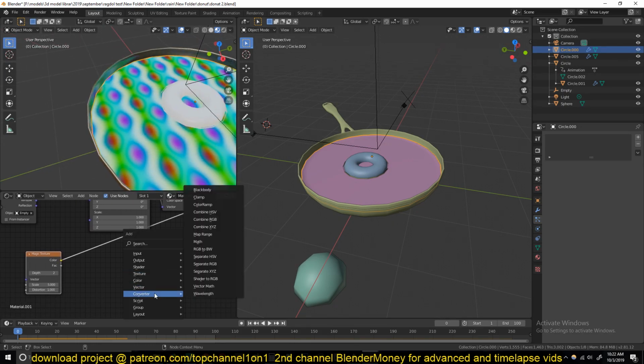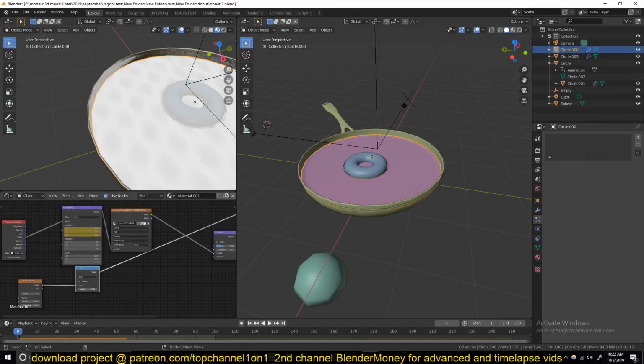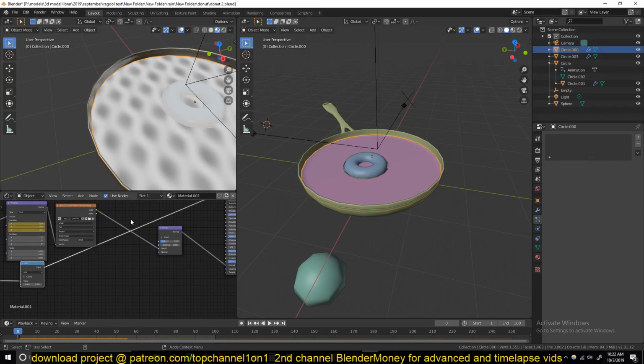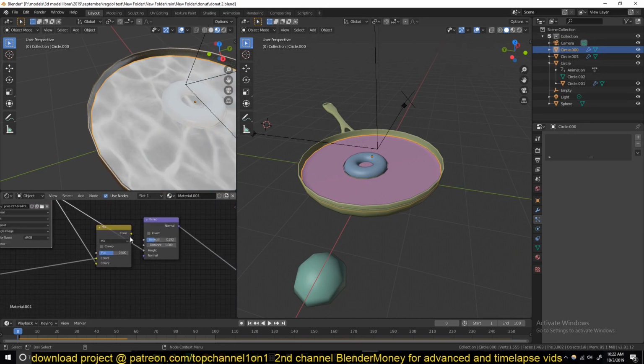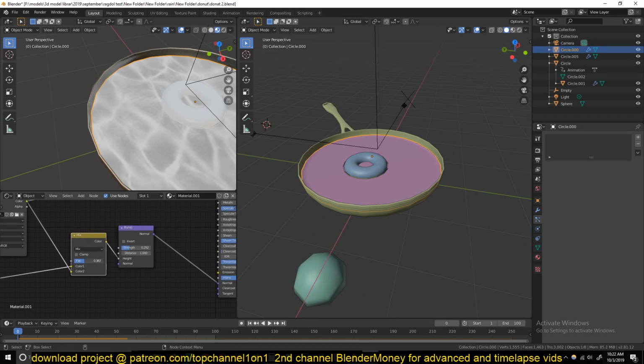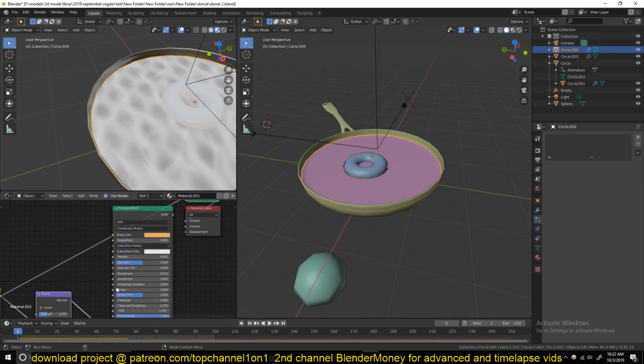And I'll add a color ramp node to this, just to control the contrast, if I wanted to. And then mix this with a Mix RGB node, mix it with the texture we're getting from the water, from this here, and use that as the height map. I can control the factor here, so just preview this. You can control how much this magic texture comes through. So if we preview this,